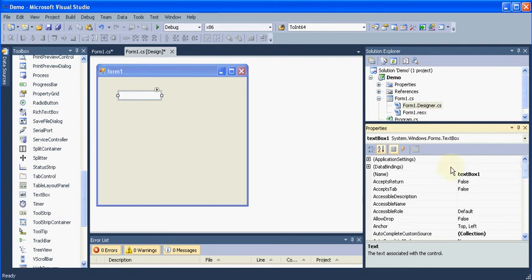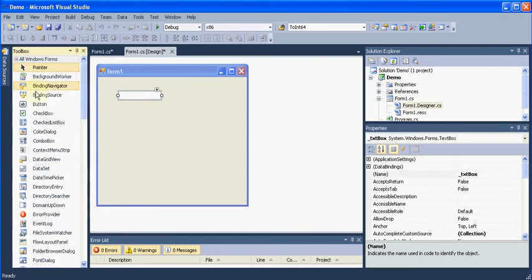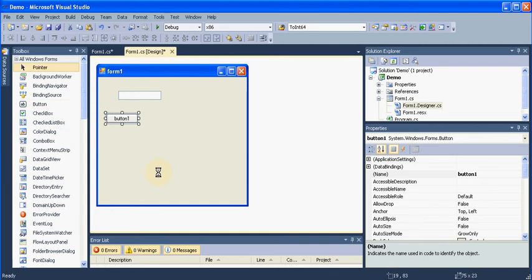I will go and change the name of my text box. Let me select it and give it a name as txt box. It's just one text box, so we'll make it just txt box. Then I will go back and search for a button because we are going to need lots and lots of buttons.